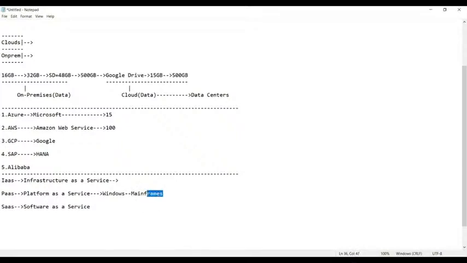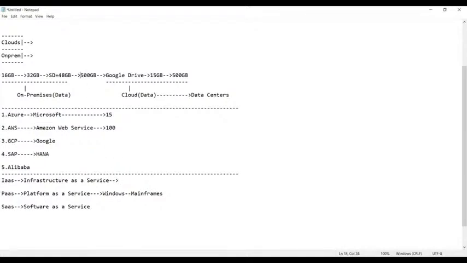Whereas you need not buy this again. Already you have a Windows operating system. Why? Simply you need to inform your cloud provider, that is called Azure, to change your service of the operating system or of the platform from Windows to mainframes. So now licensing and everything will be taken care of by Azure. You need not worry.